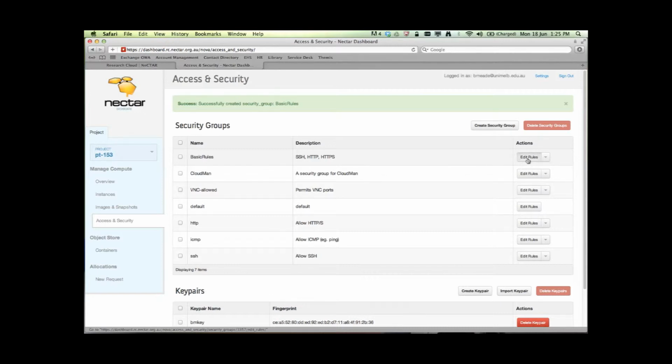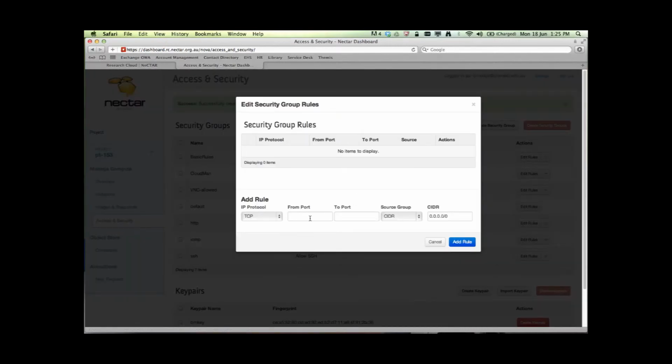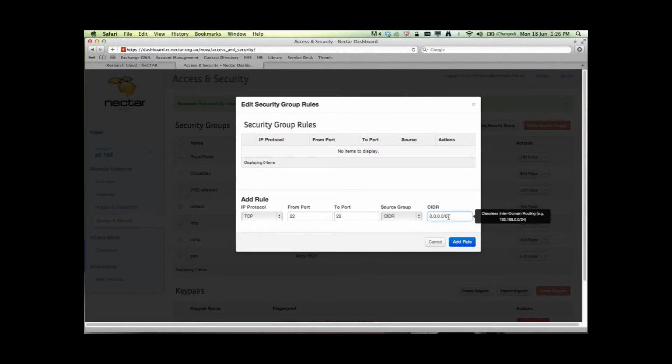So I need to click on Edit Rules, and I need to say what ports I'm going to make open. I'm going to use TCP/IP, but there's a couple of others there, UDP, ICMP. Port 22 to 22, that is for my SSH, and the CIDR here is